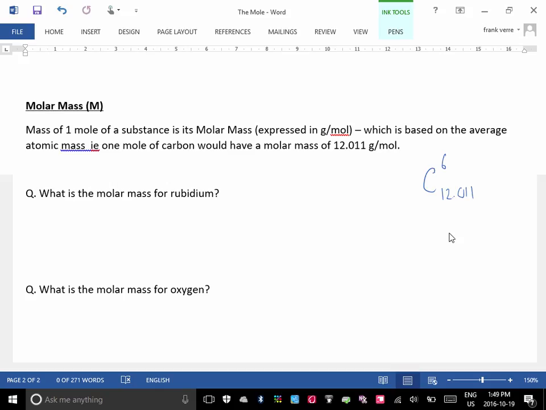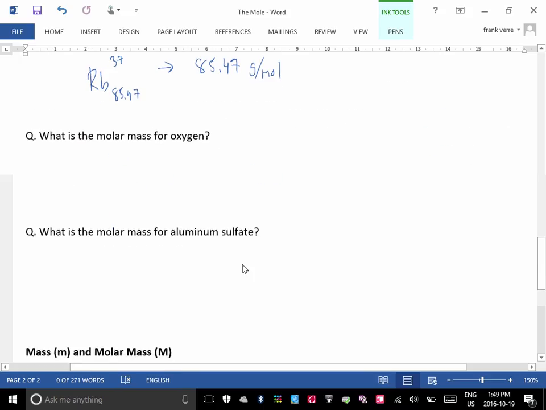So if you look at rubidium, rubidium is the 37th element, and the mass number of rubidium is 85.47. Okay. So the molar mass of rubidium would be 85.47 grams per mole. Now, what is the molar mass for oxygen? Well, this is a tricky one. On the periodic table, oxygen has an atomic number of 8 and a mass number of 15.99, right? But remember, oxygen is